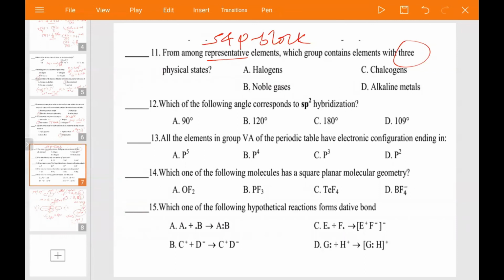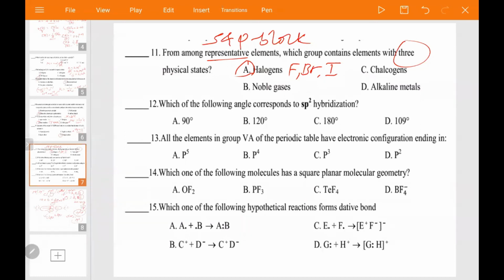Halogen, noble gas, chalcogen, alkali metals. It is halogen አይደል, halogen ውስጥ ነው። Fluorine, chlorine gas ናቸው። Bromine liquid ነው፣ iodine solid ነው። ሶስቱንም የያዘ halogen group ነው።